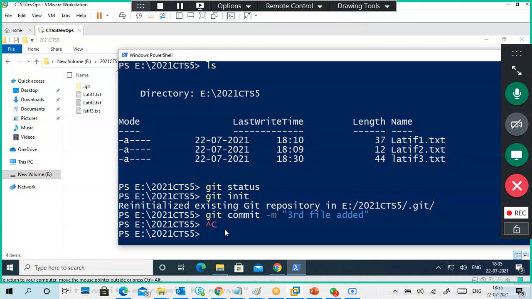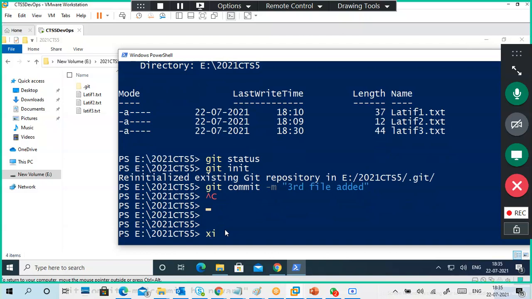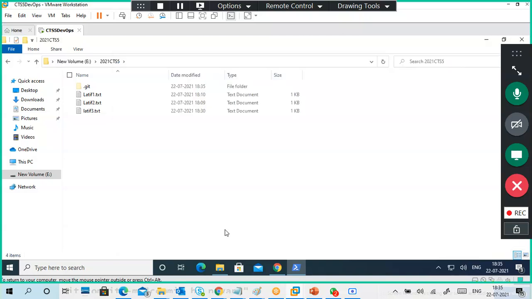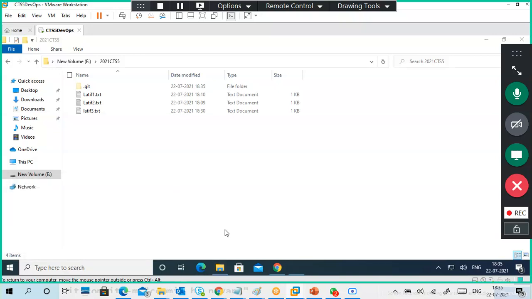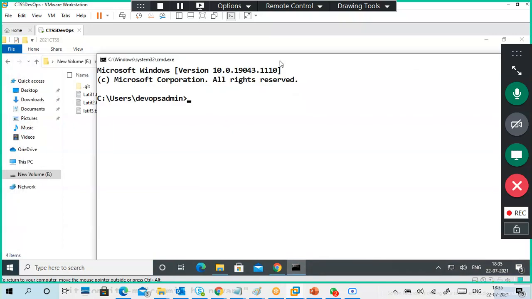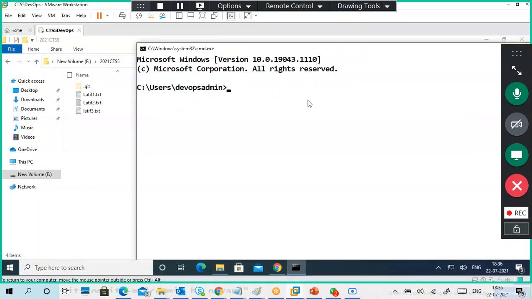This is ridiculous. Exit. Don't worry, I use cmd. At least we'll try the E drive. Go to E drive, e colon, 2021. Very good. Now git status, we'll check it. Yes, see, the problem is with the Git application only, not us.